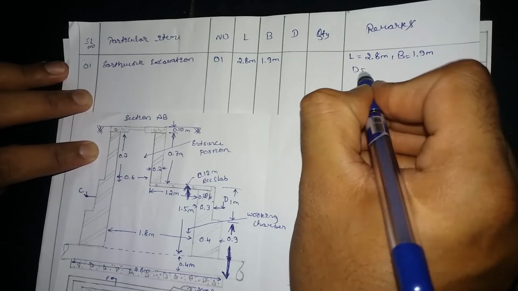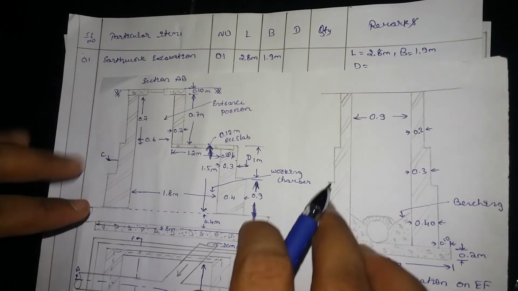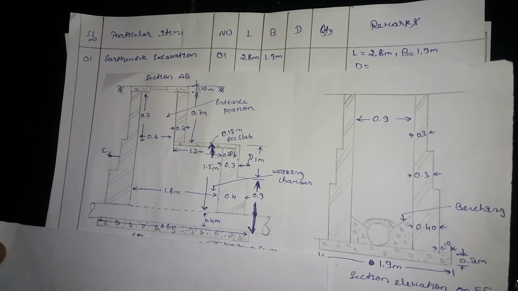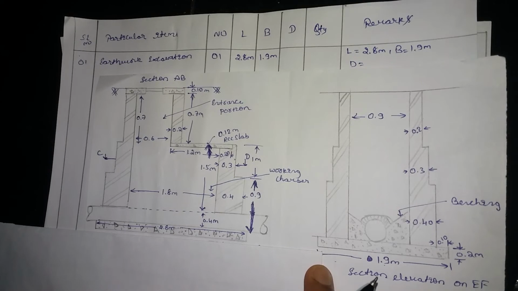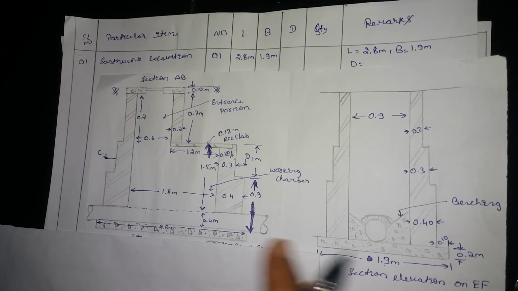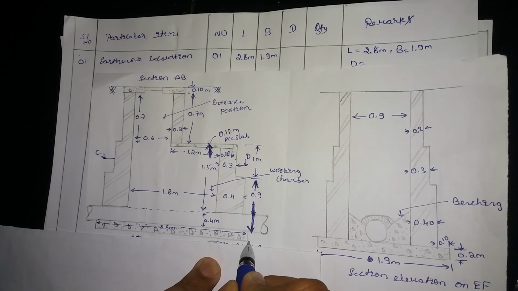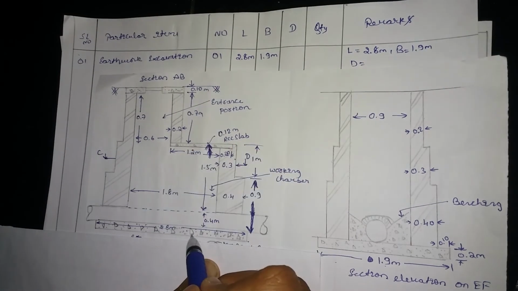So now we need to find out what is the depth, right? So how will you find out the depth? See here in the section cut part. Yes, this is your section cut part, right? I will close that plan, so that you should not get confused with that. Okay, this is what your section part looks like. So now what is asked, we need to find out the depth. This is the edge of that part, and this is the top section, that is ground level. From here to here we need to find the depth.